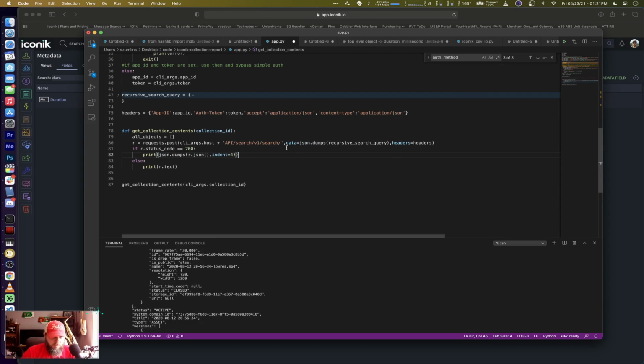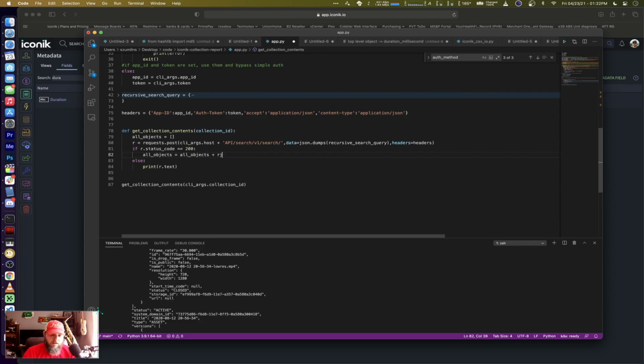And then if we get back a success, I am going to say all objects equals all objects. Actually, I can just do an append, right? I append a list to a list. I think I've got to add them. All objects plus equals all objects plus